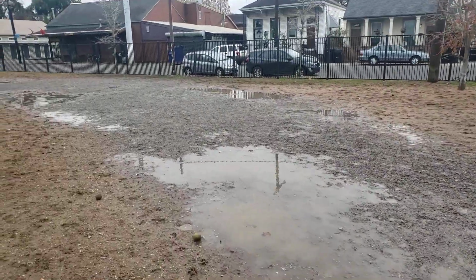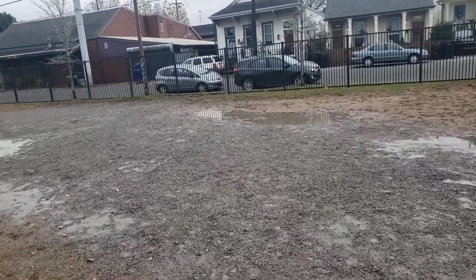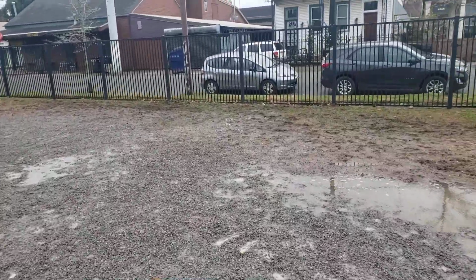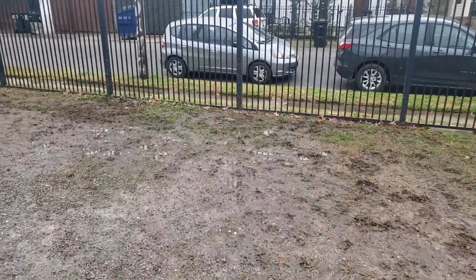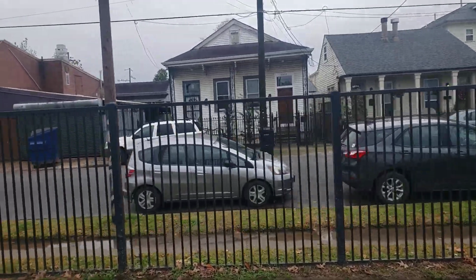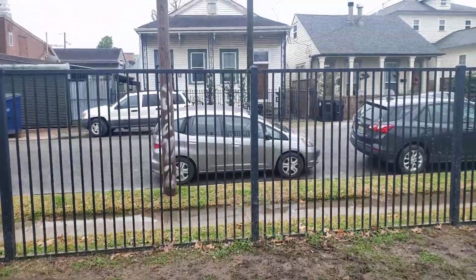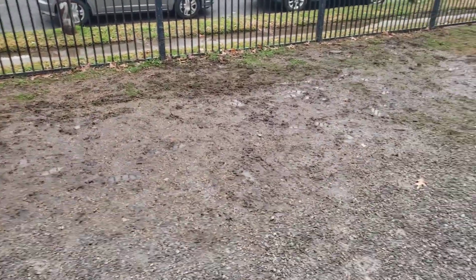But if you follow the path of least resistance where the water actually enters into the street from the blockaded chain wall from the fence, this seems to be the lowest point right here. So in front of 4854 Annunciation, there is a pole. That pole that is right here at 4854 Annunciation, if that could be the low point,